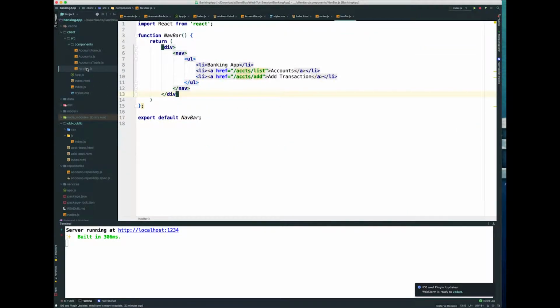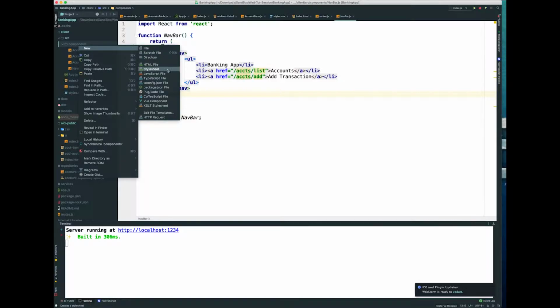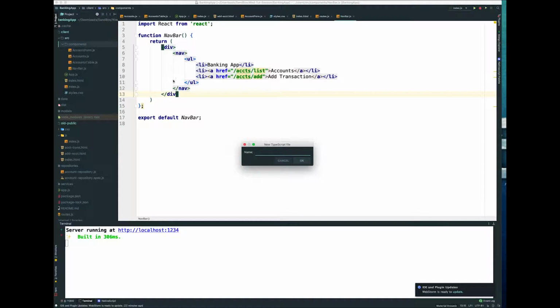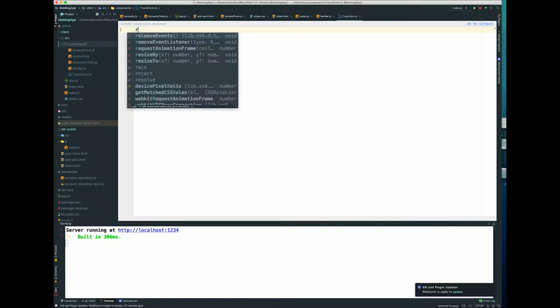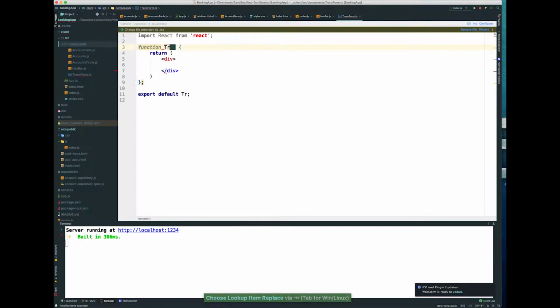Let's go back to our nav bar, and first of all create the transaction. So right click, new, and create a JavaScript file and call it transaction form. So we call it transaction form, React functional component, and in the transaction form, what I will do is